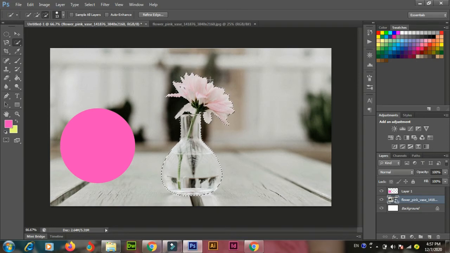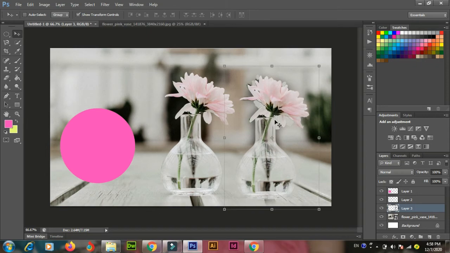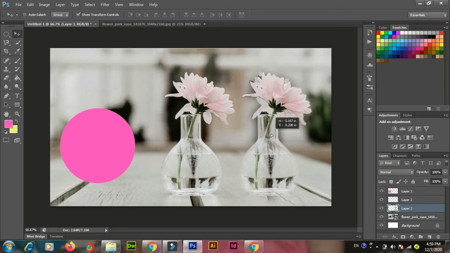Okay, so we have roughly made our selection of this flower. Now we are going to copy and paste it on a new layer. Copy it, Control C. So you see we have created a copy of this image.